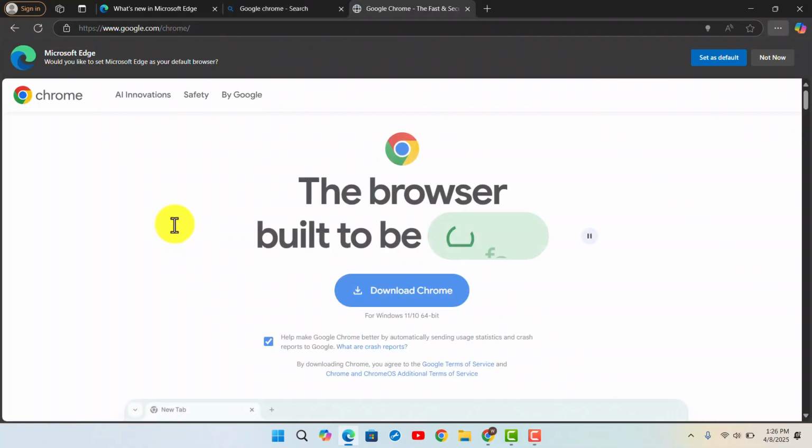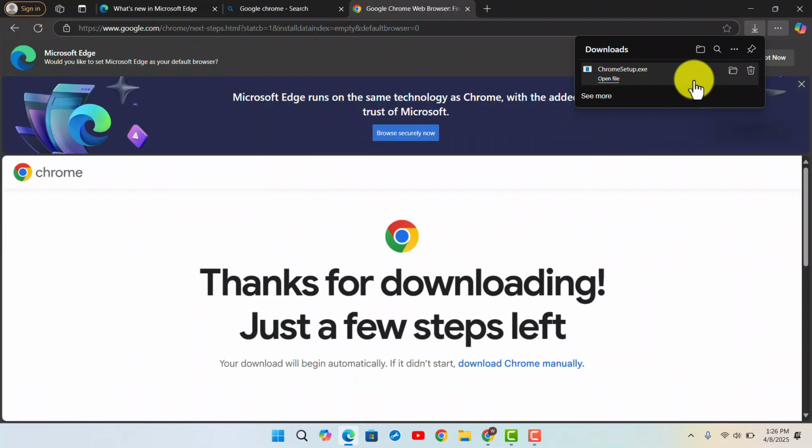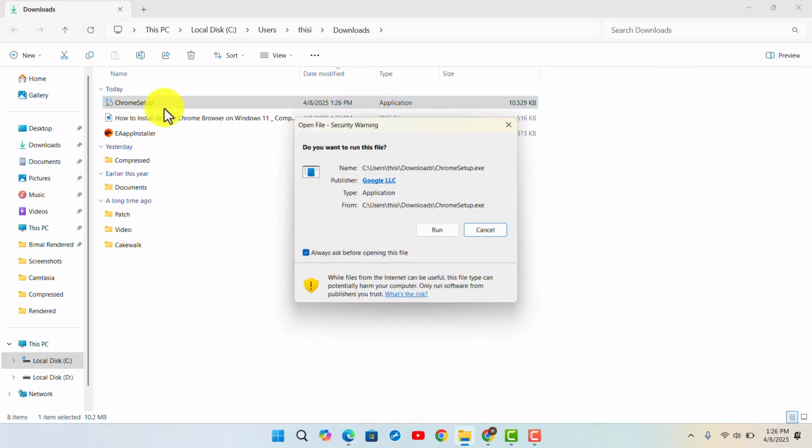And next, you have to click on download Chrome. Once you have downloaded it, it's going to open up as an exe file. So you want to open up the file location. So here is the exe file. You want to double click on it and then run the installation. Follow the on-screen prompts, and with that being said, you'll be able to download Google Chrome on your laptop